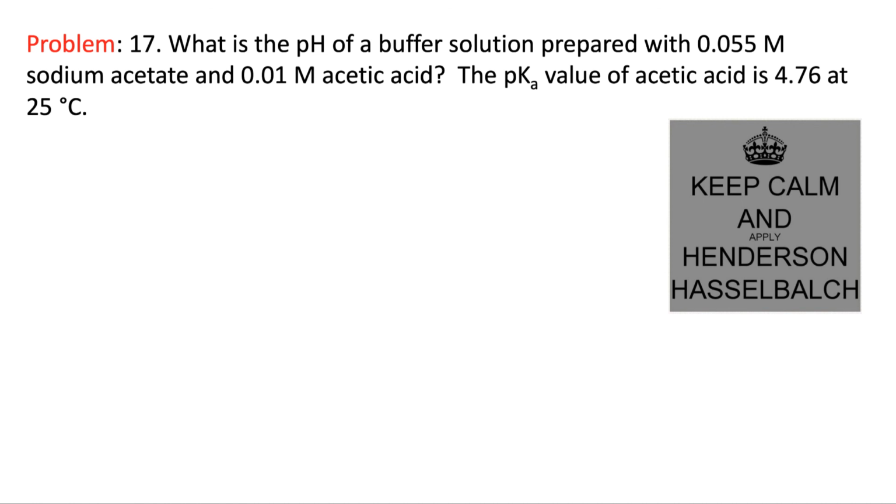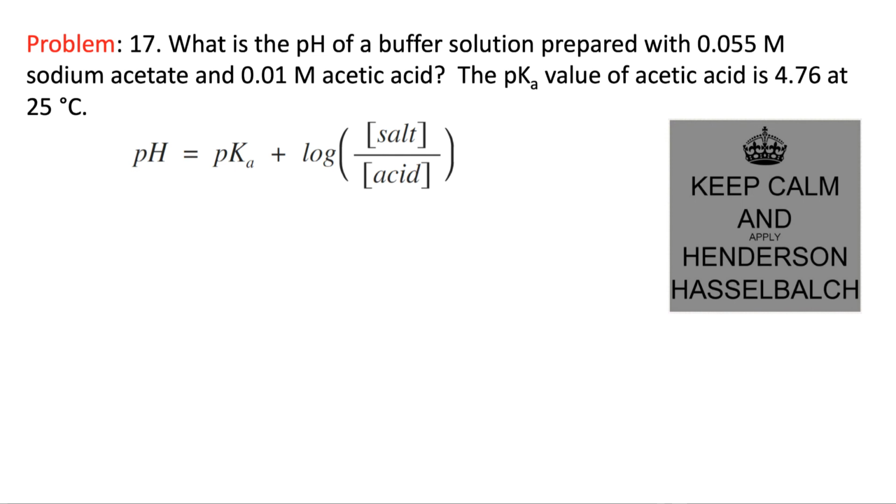All right. We would not, in this course, give you particularly difficult questions in terms of buffer solutions, but certainly we expect you to stay calm and be able to use the Henderson-Hasselbalch formula. So I'll remind you, this is the Henderson-Hasselbalch formula for weak acids, which is what we have since we were given acetic acid and its salt, sodium acetate. So really, all we need to do to calculate pH is to take the pKa and add it to the log base 10, and this is where it gets important, of the concentration of the salt divided by the concentration